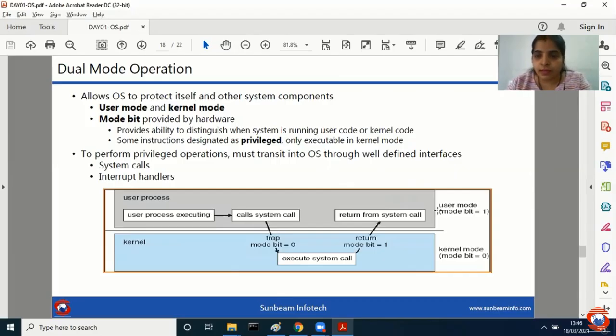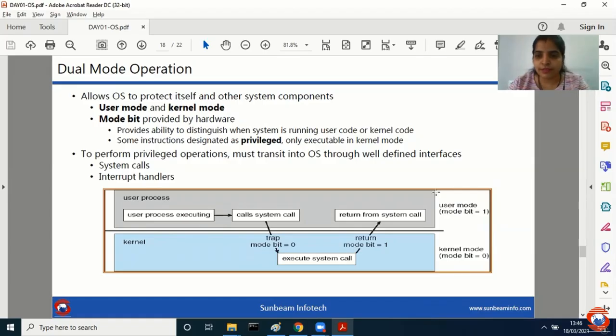Right? Because everyone cannot work at the system level. If I work at the system level, the operating system may get damaged too. It may have some specific things to be done in the backend also. So that is the reason to provide security. Your OS is basically trying to change your mode from 1 to 0. So can I say whatever number of user level programs I am executing, they all will belong to which mode? Obviously, user mode.